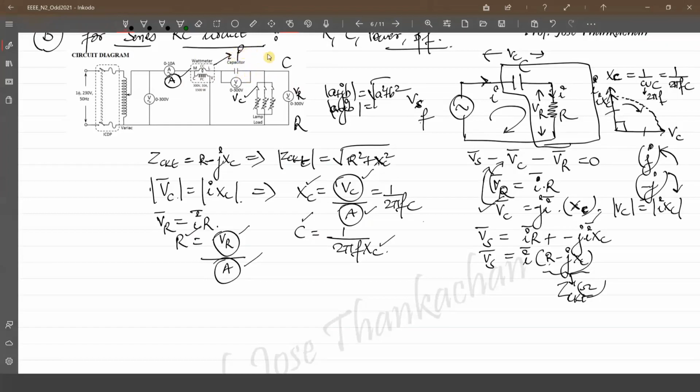How to measure the power factor? Power factor, I had told you, is the extent to which a given network is behaving as a pure resistance. So what is the circuit here? Our circuit is R minus jXC, out of which how much is the resistive part? Only capital R. How much is the reactance part? XC. So power factor will be nothing but capital R. We had seen there also that power factor is the ratio.